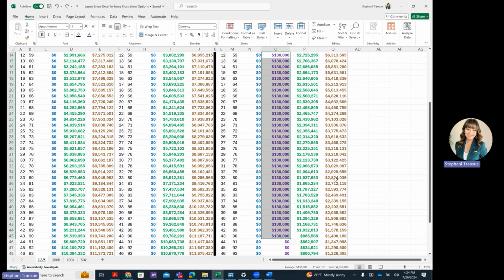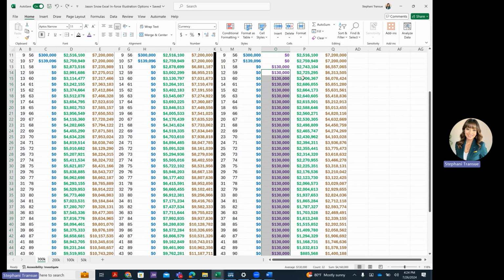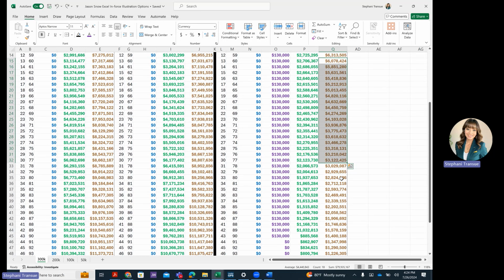When you're taking income out every year, you'll notice that your cash value will decrease as the amount of money that you're pulling out, and also your death benefit as well. In this case, as an example, if you were to pass away at the age of 80, this will be the death benefit that will be payable to your beneficiaries.